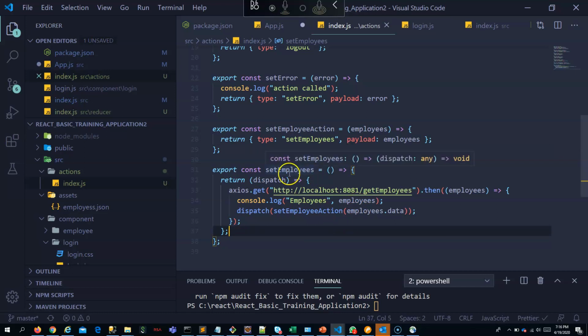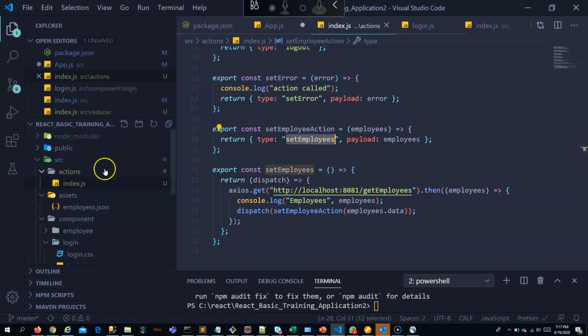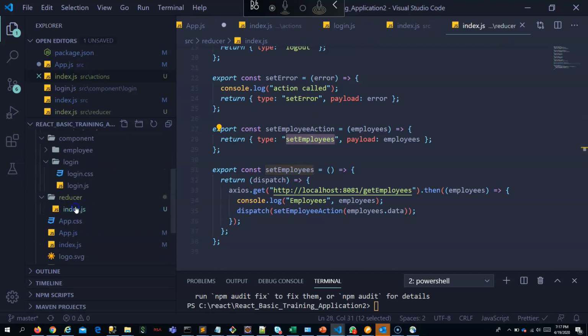Now you can see using Redux Thunk how I'm able to delay the calling of the action. Okay, so it receives two parameters as we saw, dispatch and getState. Now for handling this set employees I can change the reducer.